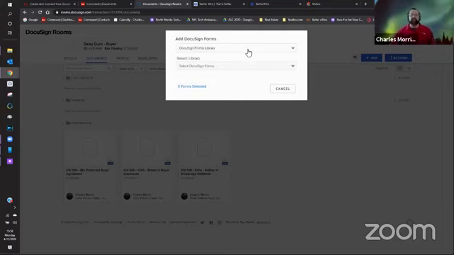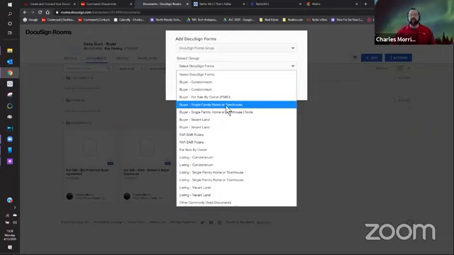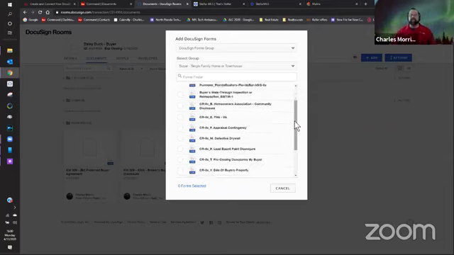Now we're going to change the top from DocuSign Forms Library to DocuSign Forms Group. Go down to the select group and look for the appropriate folder for the paperwork that you're looking for. In this instance, I want buyer, single family home or townhouse. Now the most commonly used, again, the key word being the most commonly used documents will be contained in this